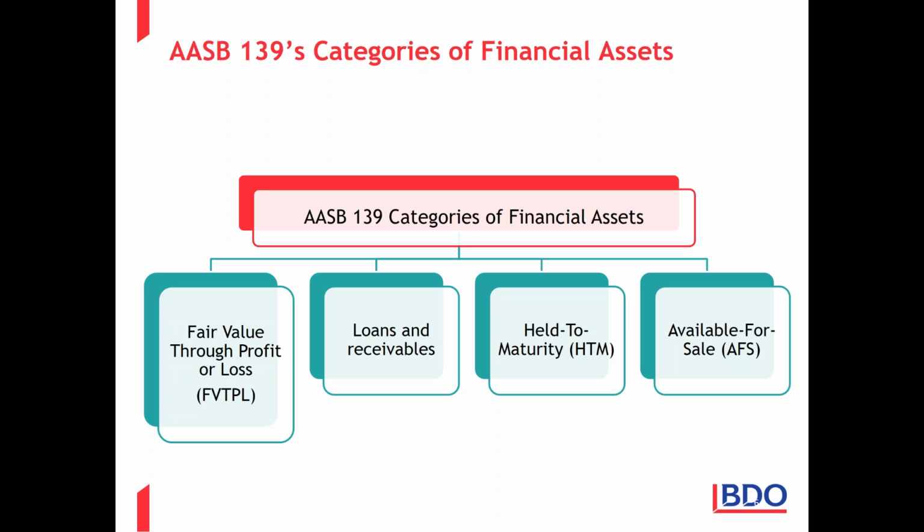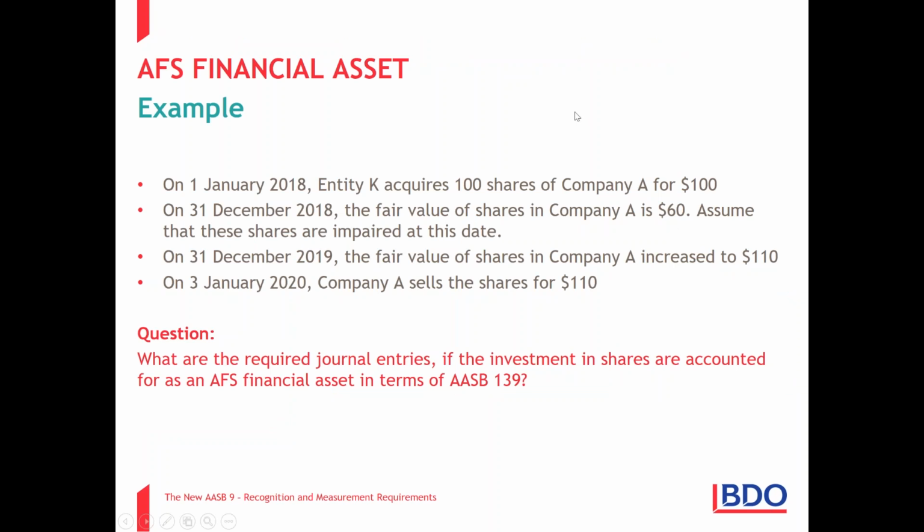So please note, if we've got a financial asset that's held for trading, so investment in shares held for trading, derivatives, it's fair value through profit and loss and not available for sale. So yes, the name of that category is a problem. The other problem with that available for sale category would be impairment requirements, especially if you've got investment in shares or equity items that are within that available for sale category.